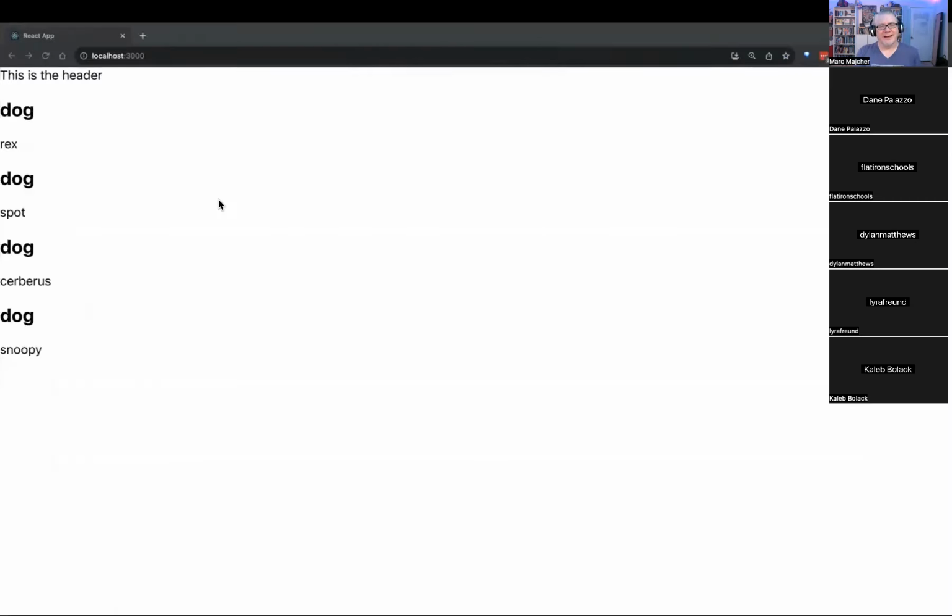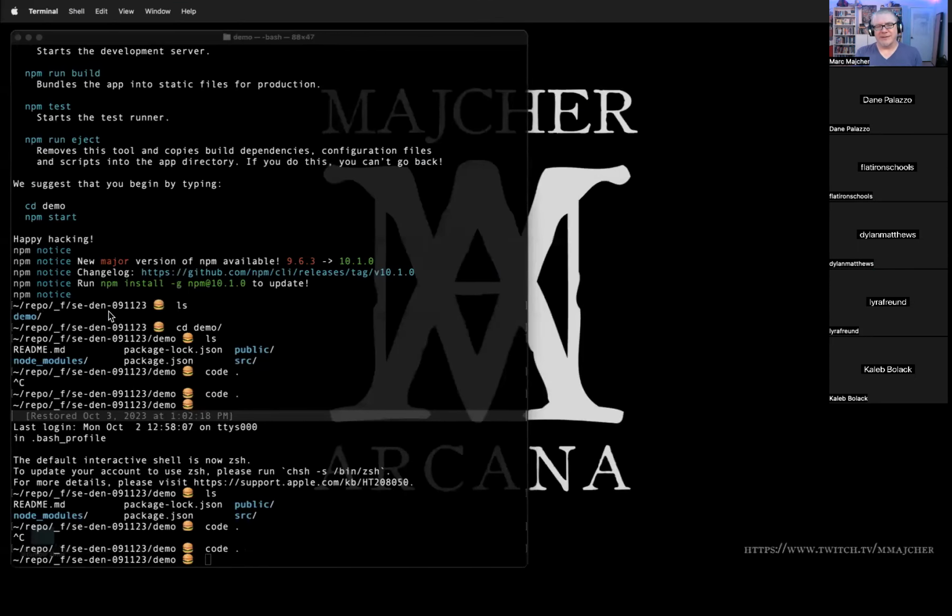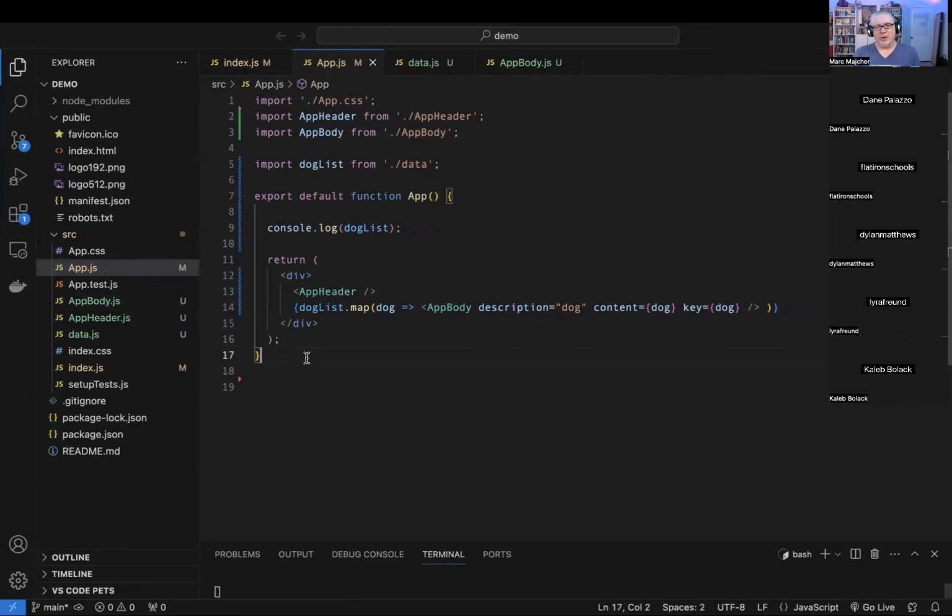Cool. And so, there we are. It's rendering out the header, and we've told it to map through a bunch of dogs. So that's how that works there. So we have this list of data. If we change it somehow,